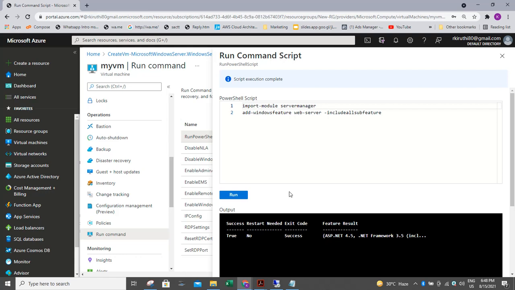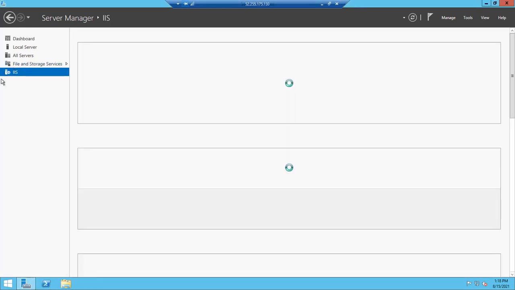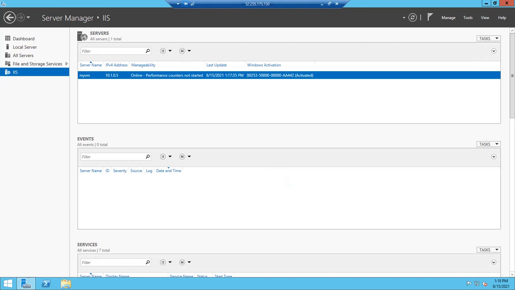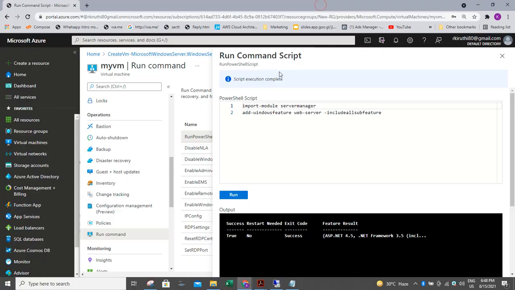Now it has successfully run the command. We have successfully installed the web server in our VM. If we go here, we can see the IIS configured in that VM. Let us check with the IP address also.